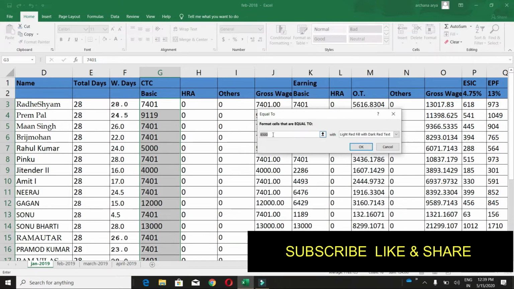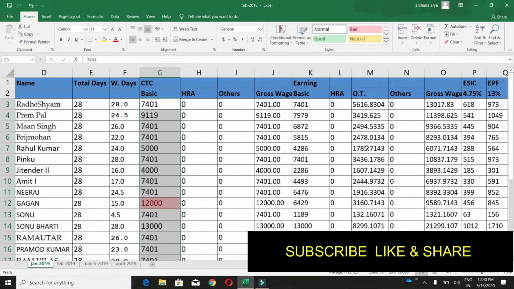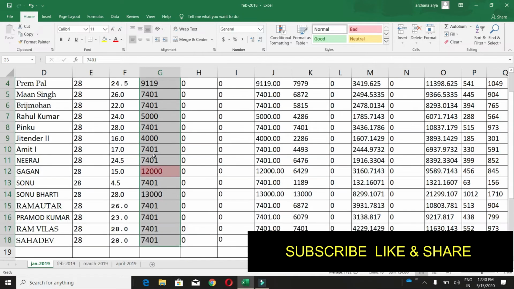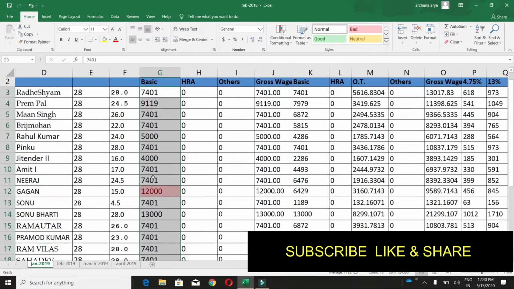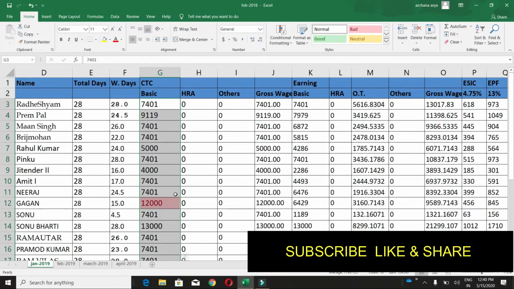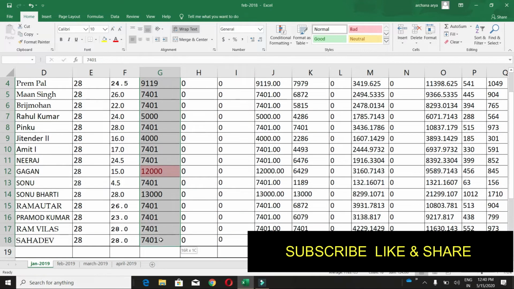Now you have to enter the value. We enter 12,000, click on OK. See, the cell having the value 12,000 is highlighted here. This is the only employee getting salary equal to 12,000. Now clear all the rules.